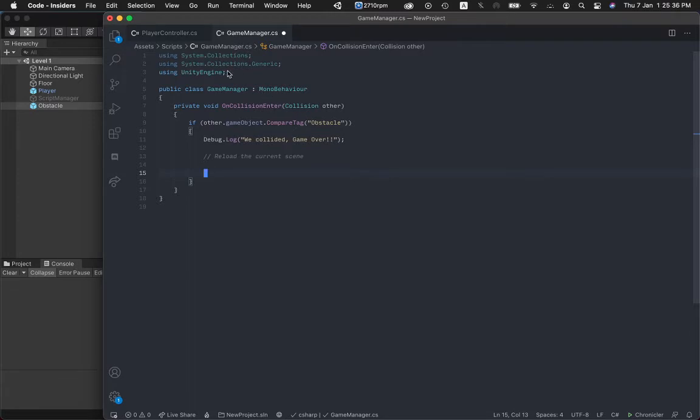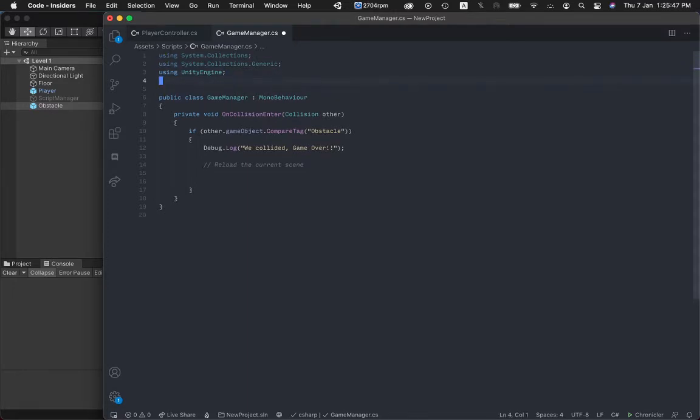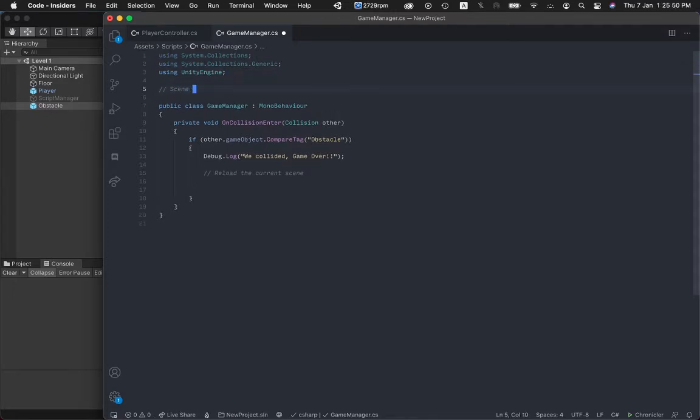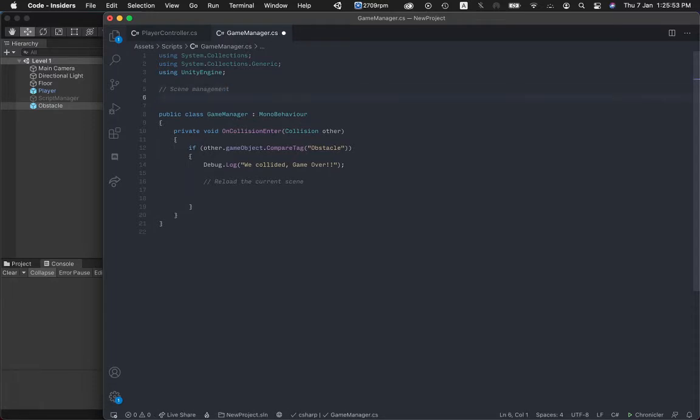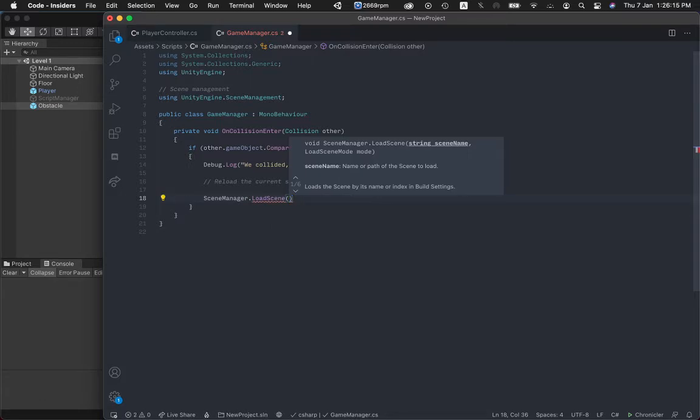Well, first things first, we want access to Unity's scene management system. So if you remember in these using statements at the top, I'll leave a comment here, scene management, and here we're going to do using UnityEngine.SceneManagement. And now we have access to all of Unity's scene management methods. Now what we can do is SceneManager.LoadScene, and here it expects a scene name,